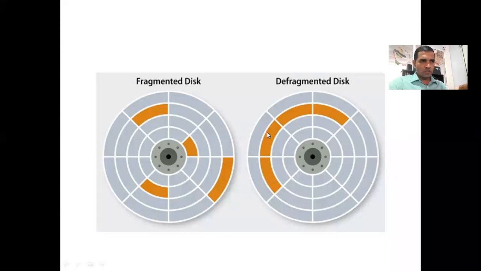So here it is too easy for the head to read. Understand the fact: even if your hard disk has fragmented files, your hard disk works and you can do things with your computer, but definitely the performance is less because, as I mentioned earlier, your head